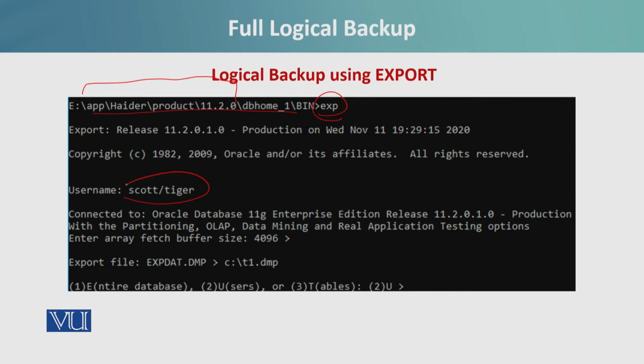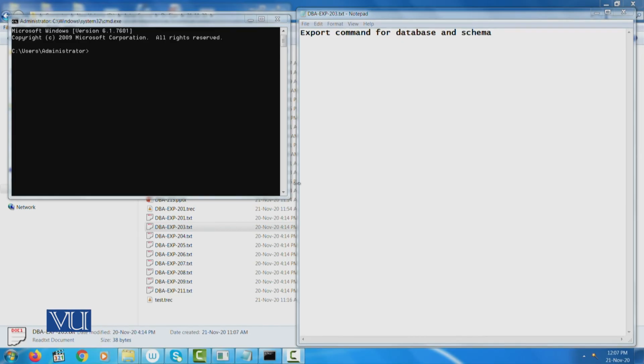We should give the user ID and password through which we can export the data and exactly what kind of data, and in which file it is going to be saved. And we have three options through which we can manage either the entire database, schema, or individual tables. So these are basically the steps for how to take the logical backup as an export. Now we are going to perform one sample example of how to export the data or how to take the logical